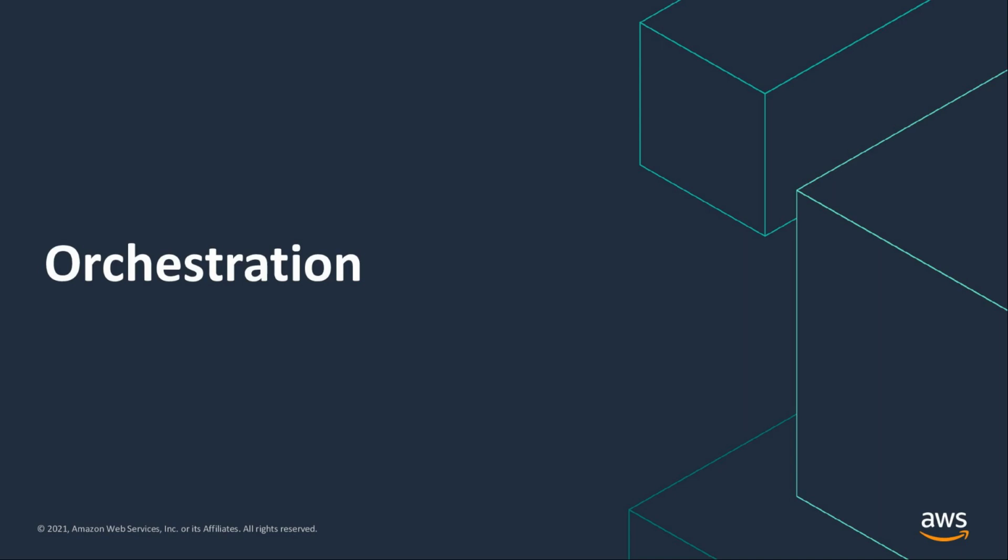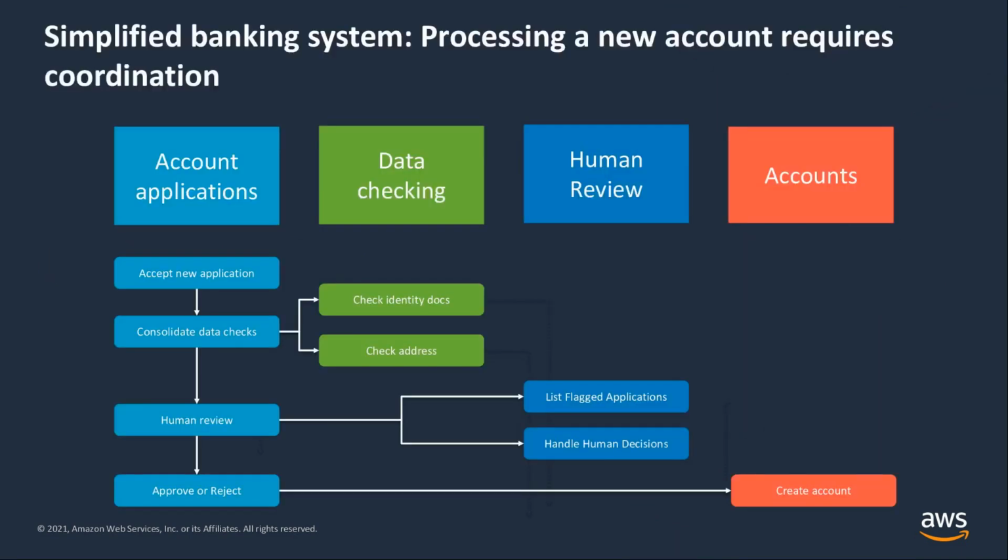All right, so we're going to briefly talk about orchestration. We discussed choreography, just quickly a word on orchestration, and then we will head into our next lab. Consider a simplified banking system where we want to process a new account. Multiple independent systems require coordination, and events not only have to execute in a specific order, but also be resilient to failure, right? You wouldn't want this happening in your banking system. Contrast this with choreography, where microservices are free to fail independently. Here with orchestration, a failure in one component could fail the flow of the entire use case.